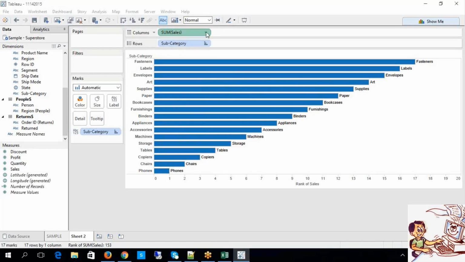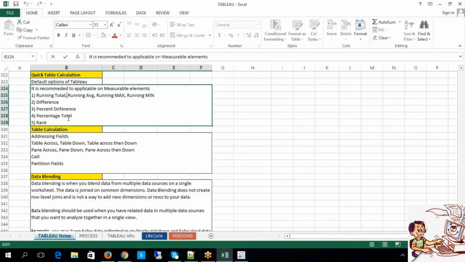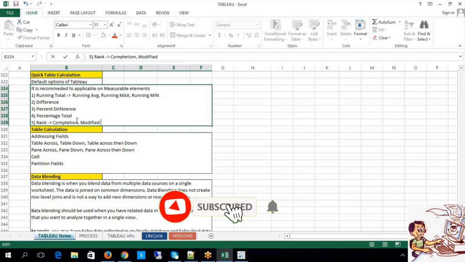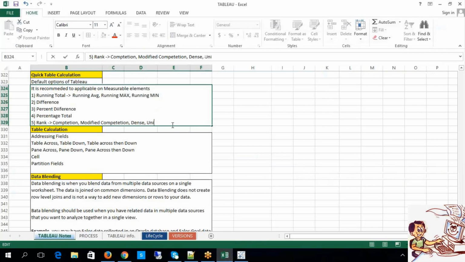In ranking, we have different options like competition and modified competition, then dense rank, and then unique rank. This is about your mathematics, guys, nothing much, purely about your mathematics.